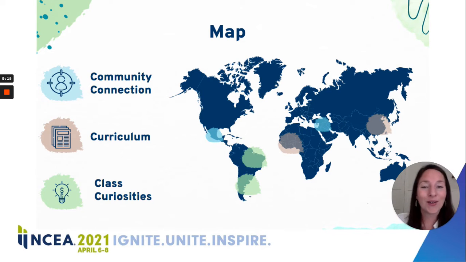Another one is curriculum. So curriculum for me can kind of steer either way. For example, as I showed you in the first section, we were studying West African architecture, and we had also recently studied ancient China. Now, as the teacher that I am, I'm actually going to steer my students away from those areas because they're pretty familiar with them, and I don't want them choosing something just because they already know a little bit about it. I want them to challenge themselves, and we can dive deeper on those areas if they would like.